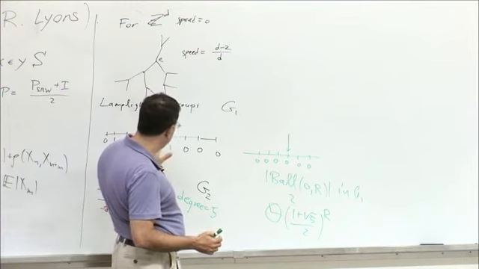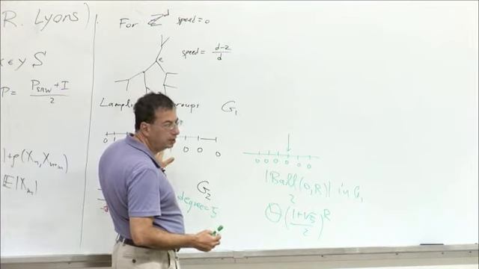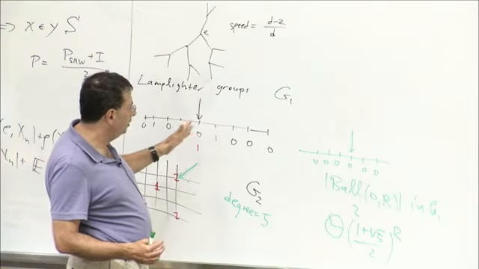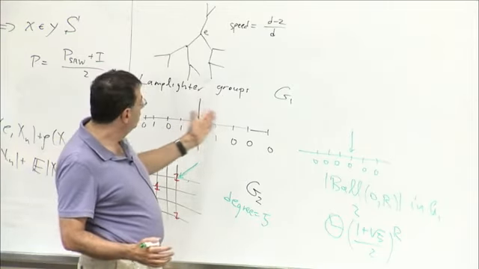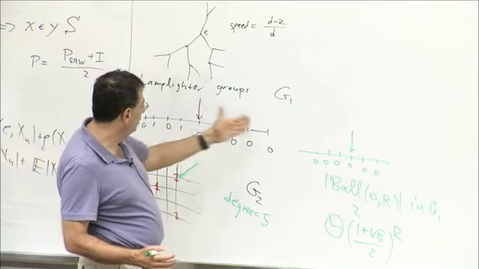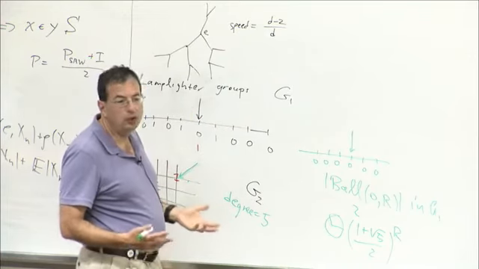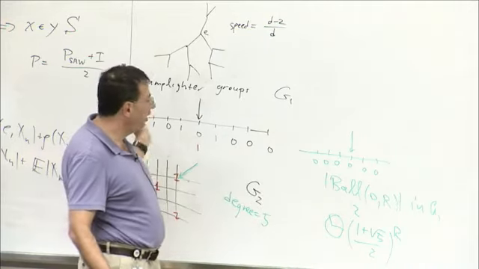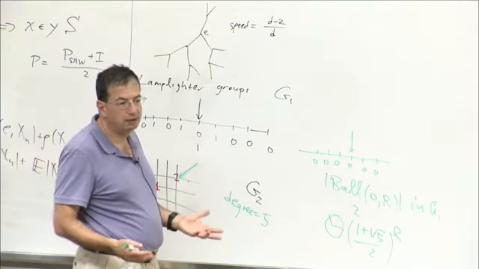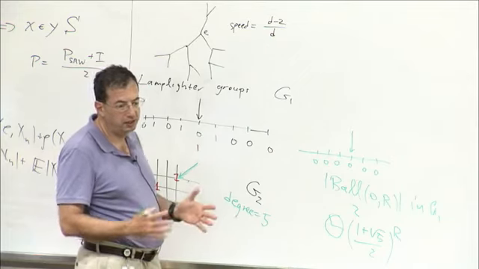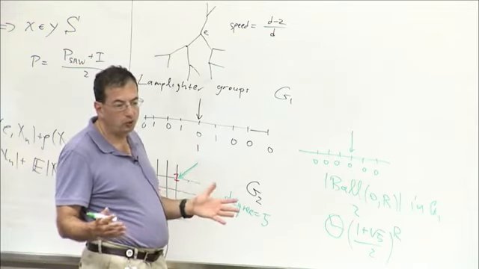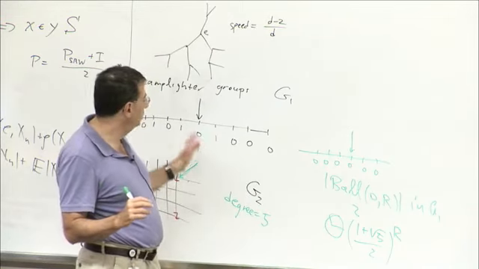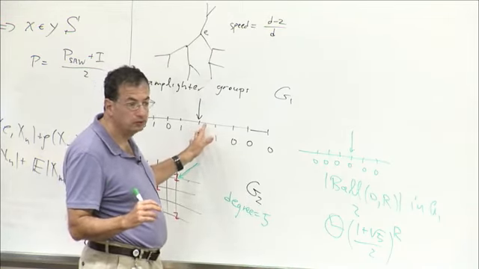So if you look at G1, then clearly the speed is 0, because by time n, the marker itself is just doing a delayed simple random walk. So it will go distance about root n. And all the lamps that are on will be in that subset that it has visited. So the distance from the origin will grow about root n, certainly less than root n log n. So the speed will be 0.